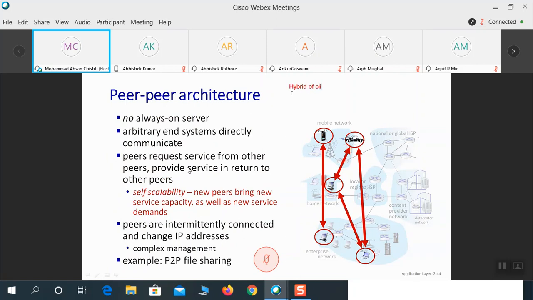Hybrid of client server and P2P. So what is the example of hybrid of client server and P2P? Skype. It's common. Video conferencing application is a good example of the hybrid.